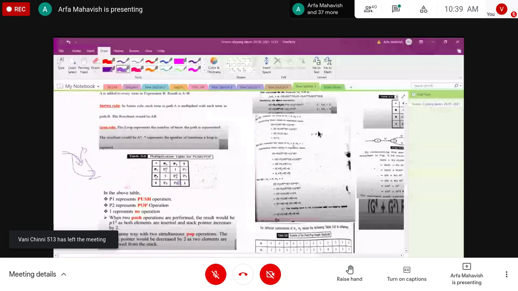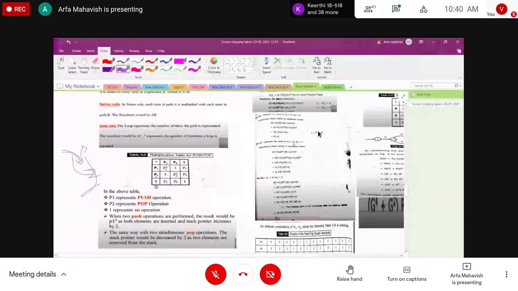When this operation is performing, 2 elements are removed from the stack. That time you are writing the P2 as P power 2. Okay, then we have the P2, and in the no operation, P2 is performing, the pop operation is performing. In the no operation in the first stage, P1 is performing the operations, P2 is performing the operations, and 1 is performing. So push, pop and no operation is performing at this stage.